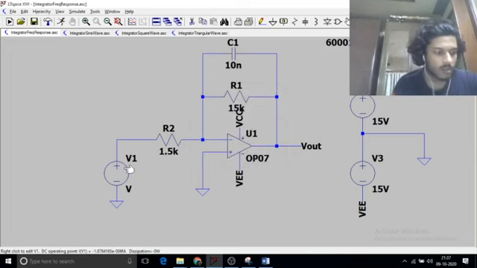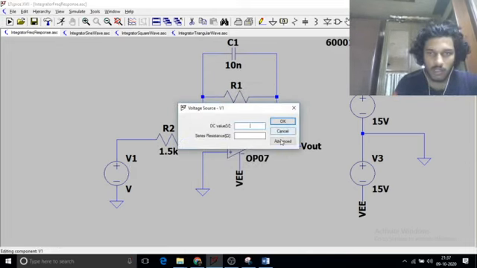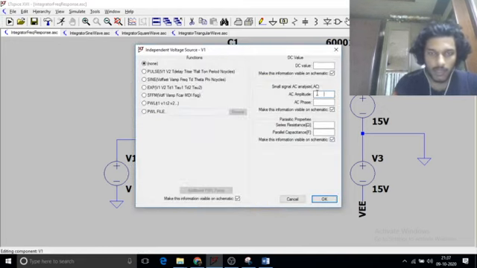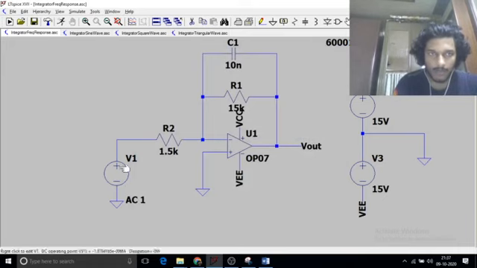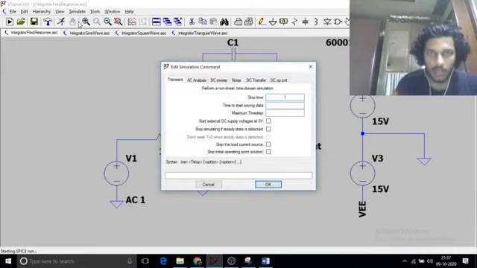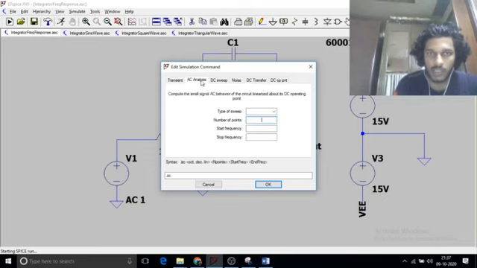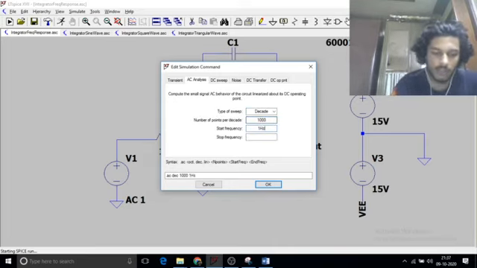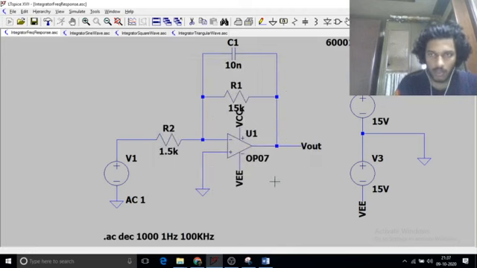We are going to be finding the frequency response. So I'll go to advanced and we'll be giving an AC supply. I do OK. Now I'm ready to run it. So I go to simulate and I do run. I need to go to AC analysis because we are performing an AC sweep. The type of sweep is a decade sweep. We'll take 1000 points per decade and we'll start from 1 Hertz and stop at 100 kilohertz. Okay,